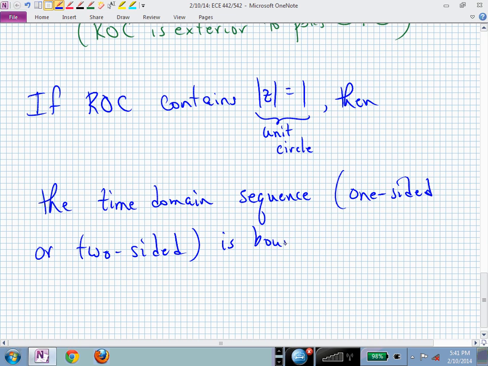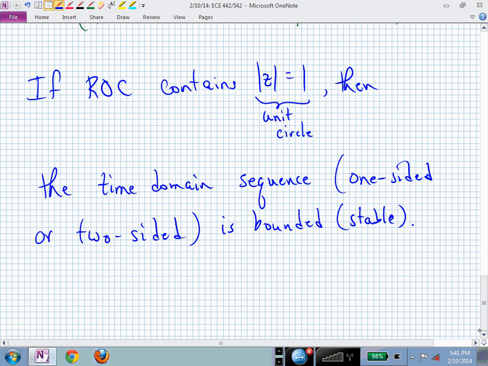That time domain sequence is bounded, or maybe we will refer to that as a stable waveform,